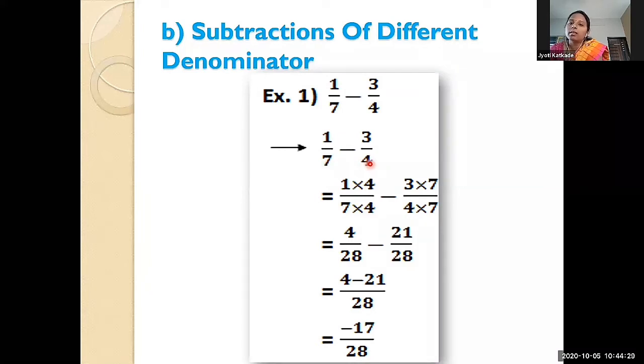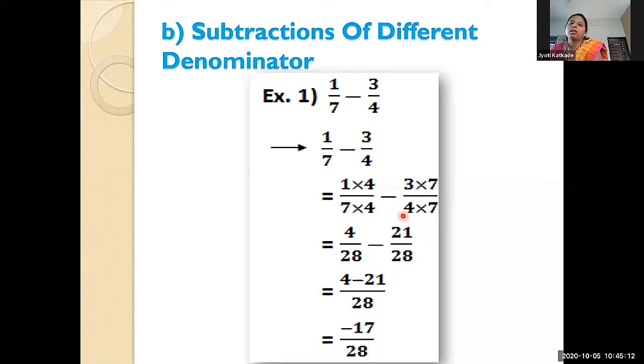So to make the denominator 28, we have to multiply 1 upon 7 by 4. Okay. When we multiply the denominator, then we have to multiply the numerator also. Why? Because the main value can't be changed. When we multiply by 4, we get an equivalent fraction to 1 upon 7. There is no change in the basic fraction. Now 1 into 4 divided by 7 into 4, we get 4 upon 28. Minus 3 into 7 divided by 4 into 7.